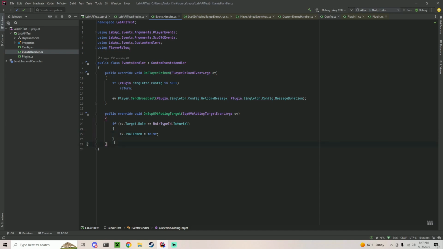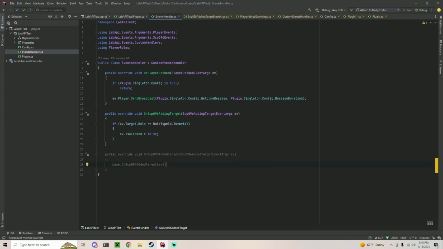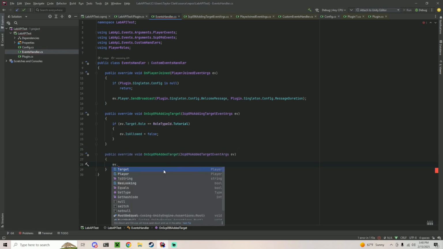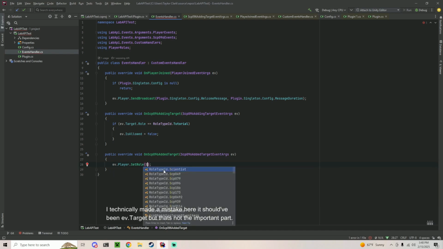Now, an important thing about which event to use. Maybe we'd also want to kill a player when they look at 096. Now this isn't a good plugin idea, but I just want to demonstrate something. So maybe we want to kill someone when they look at 96. We'll just set the role to spectator. But the thing is,